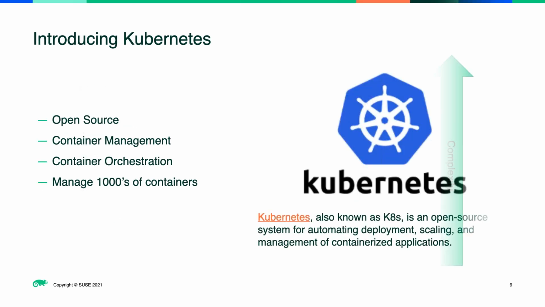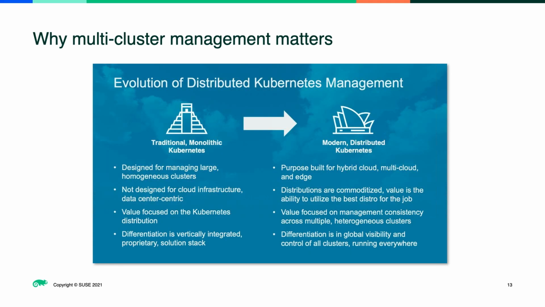This is how Kubernetes came to be, because Google had thousands of containers running on their servers, and it was really difficult for them to manage them all. So Kubernetes was their answer. Kubernetes is an open source container management and orchestration platform designed for running thousands of containers at once. It groups containers into logical applications, and then it makes the management and discovery a lot easier.